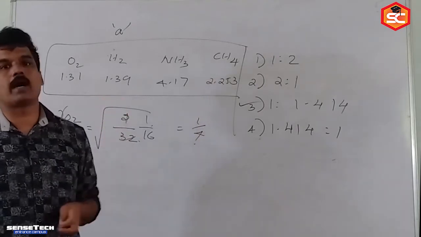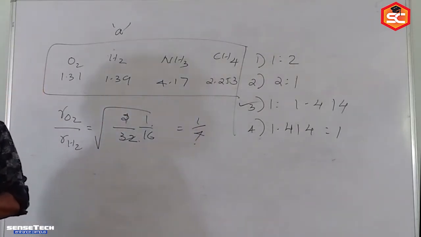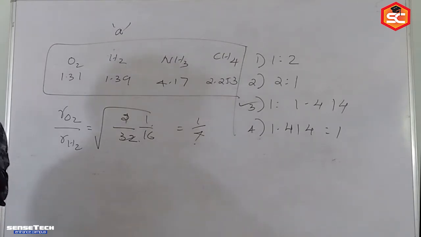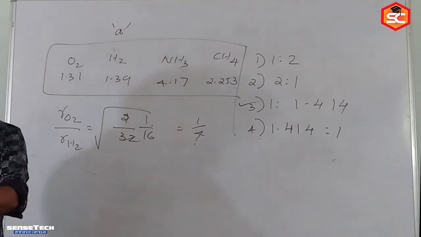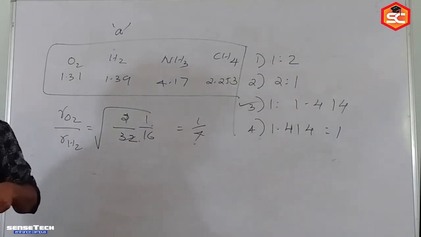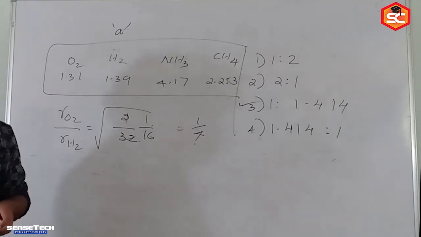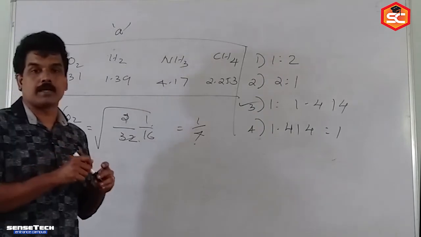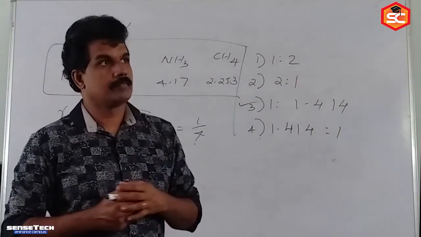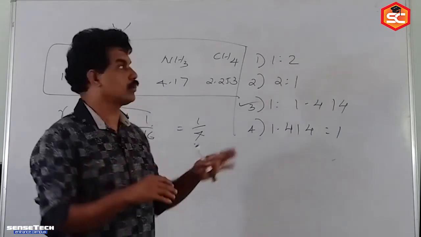Then PV equals 1 by 3 m n u squared, which equation is that? The kinetic gas equation, that also you have to learn. Then the average kinetic energy of a gas molecule, how can we calculate it? Average kinetic energy equals 3 by 2 RT. Then critical temperature, critical pressure and critical volume, and then the coefficient of viscosity eta. This numerical you have to practice.